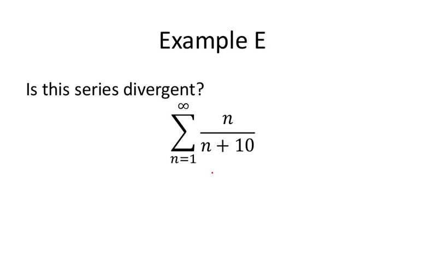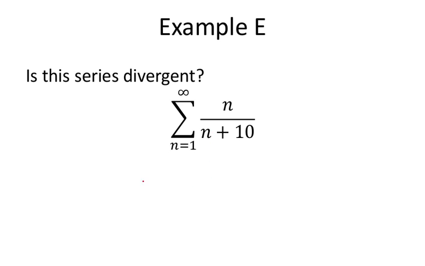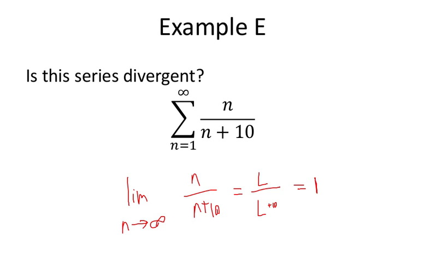Is this series divergent? You take this limit as n approaches infinity of n over n plus 10. As n becomes very large, this is basically a large number divided by another equally large number that's just a little bit larger because it's got a plus 10. I'll write that really small because it's going to be insignificant compared to this ratio. This ratio is basically going to be equal to 1,